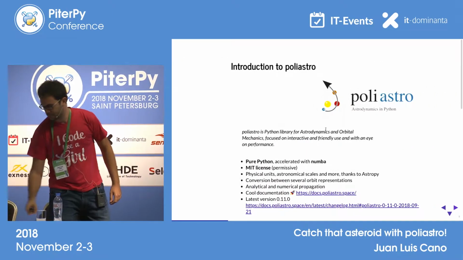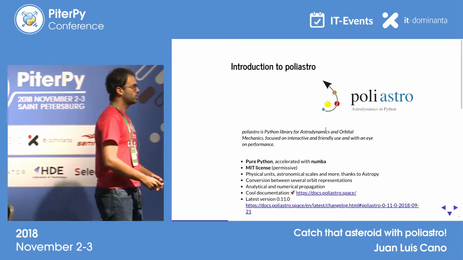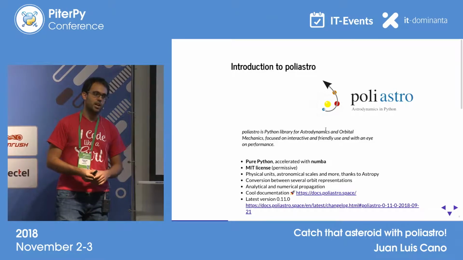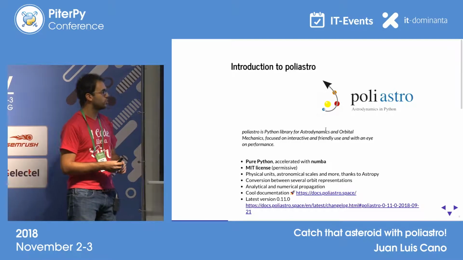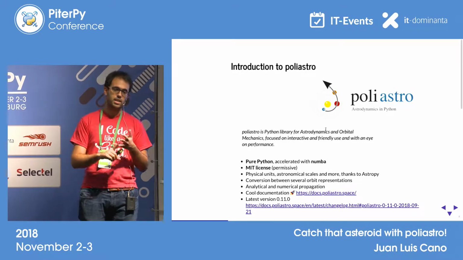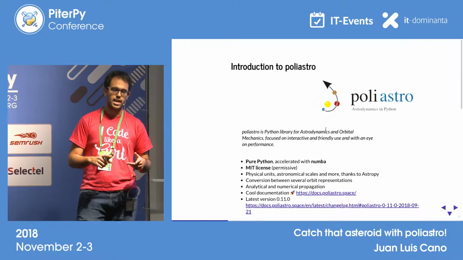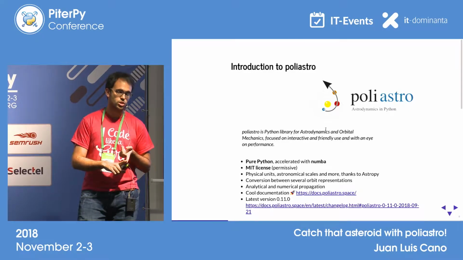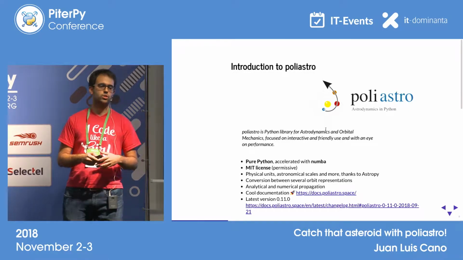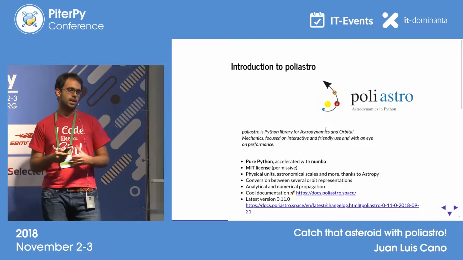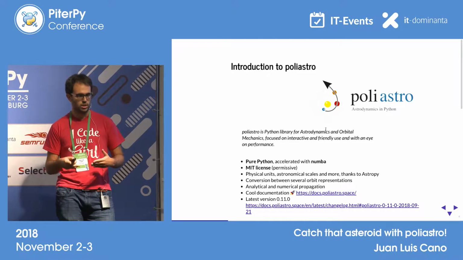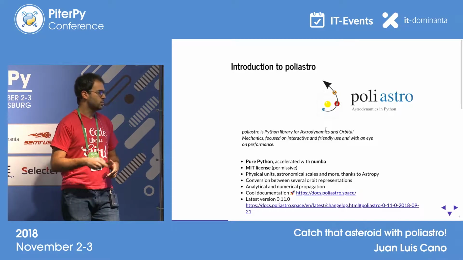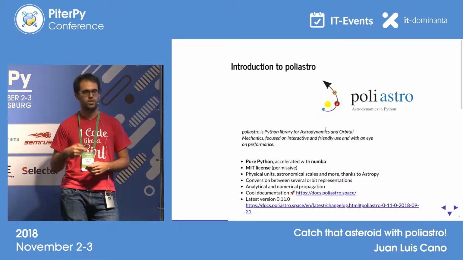Okay, thank you. So now, what is poliastro? Well, poliastro is a Python library for astrodynamics or orbital mechanics, whatever you call it, focused on interactivity and ease of use, correctness, interactive visualization, and so on. So it contains lots of algorithms that are very computationally intensive, but it's all written in Python. We will talk about this later on. It has a permissive license. It handles physical units for you,